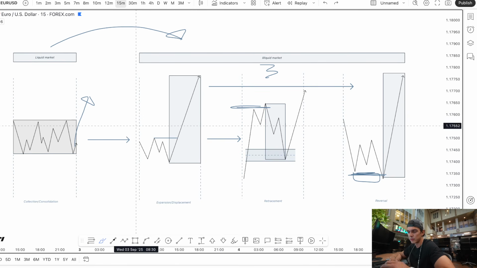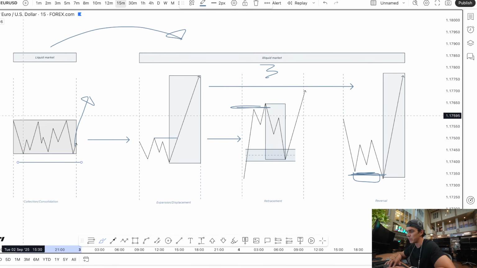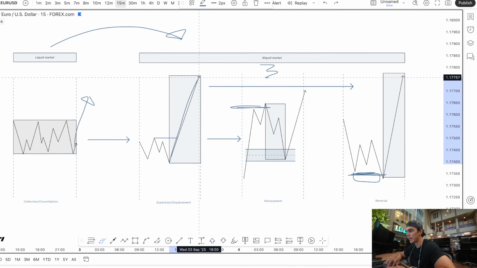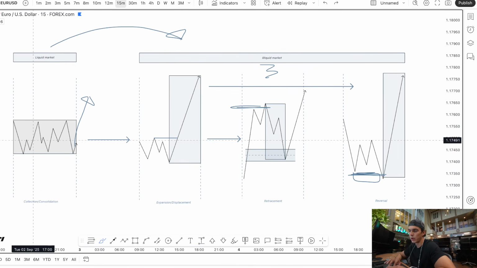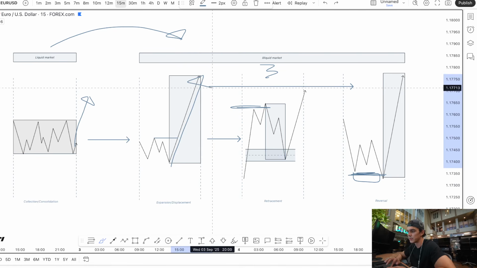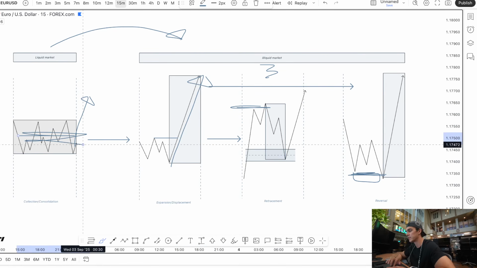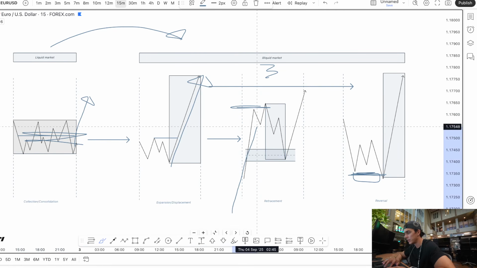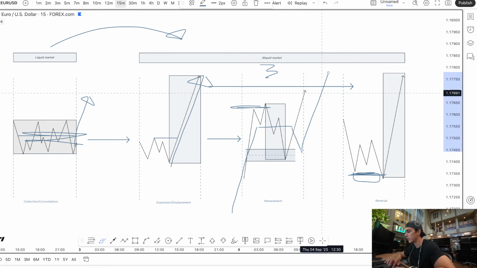Price moves from collections. We can call these bases as well. These are obviously rallies, expansions. They move from one to another. An expansion is just the upwards movement. A collection is the flat movement. A retracement is a rally, a base, potentially a drop, but overall then another rally as well. In that case,